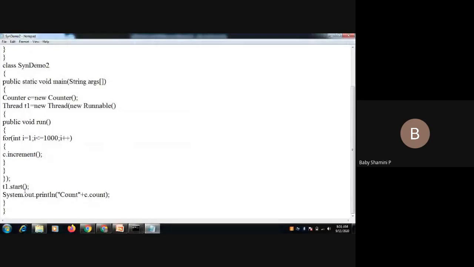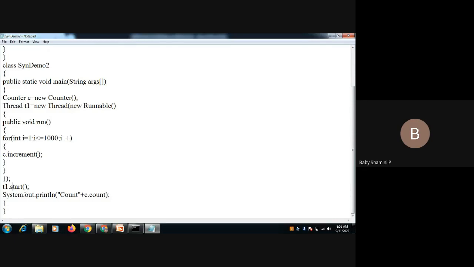Before completing its operations, sometimes the main thread stops the execution of the user defined thread's process. So we have the main thread and the user defined thread t1. Before my process completes, the main thread sometimes stops its execution. That's why the result has changed to 35 or 0 or something.